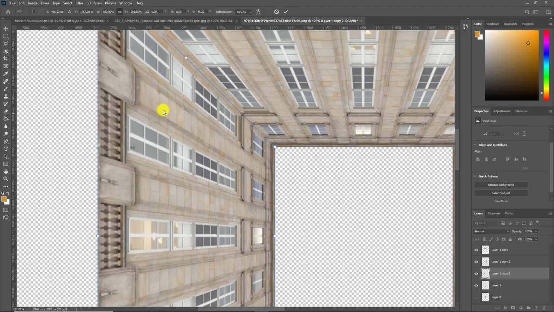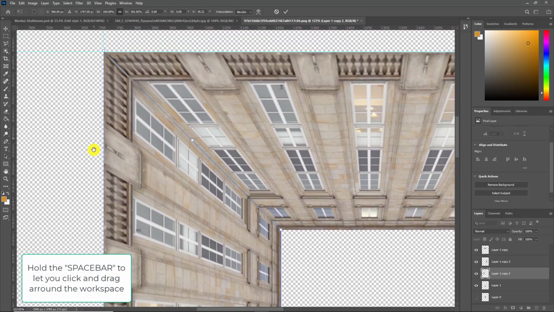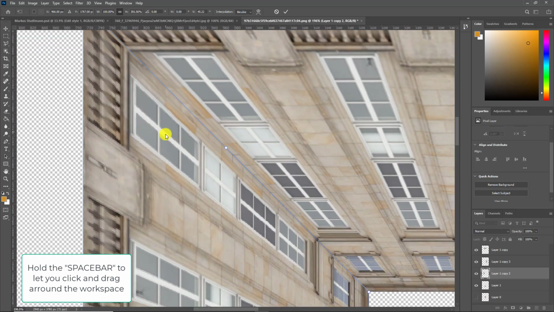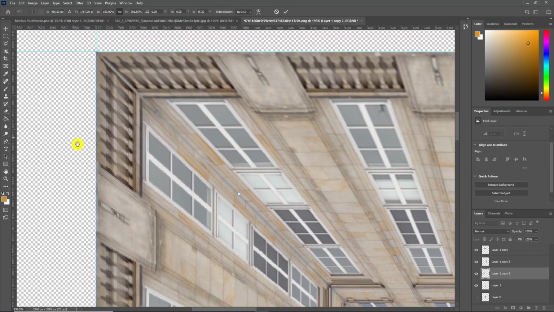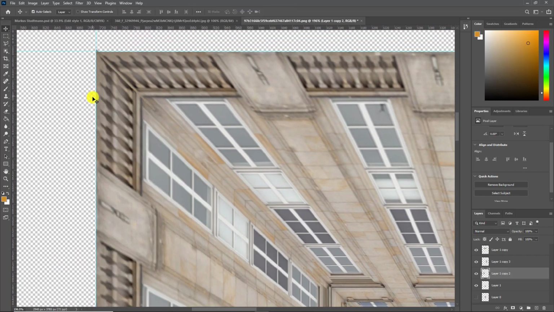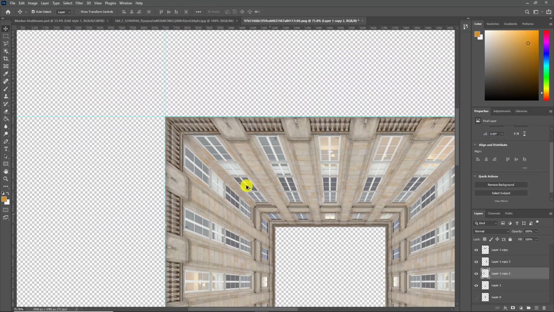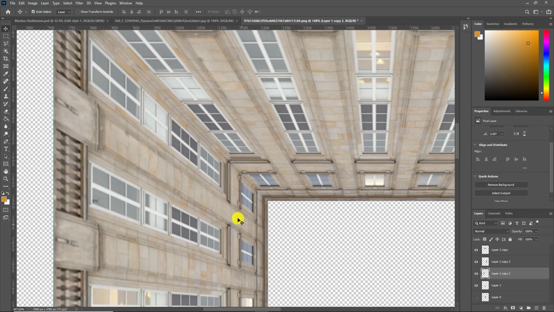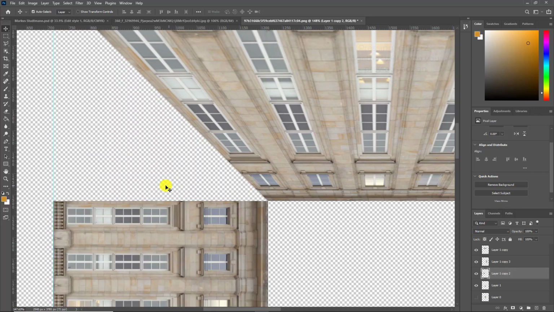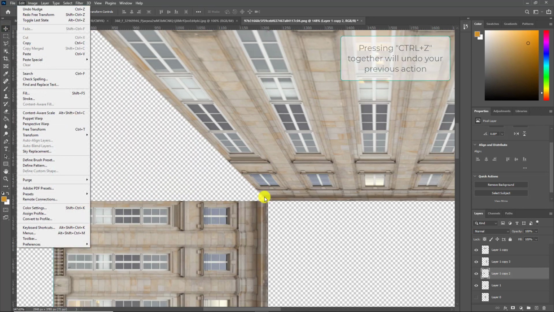Zoom in, holding the Alt key and scroll wheel. If I hold the space bar, I can click and drag. It looks like it might be lined up. Going to hit enter. It's not too bad. I think I'm going to cut and crop this image slightly at that corner. I'd rather this work though. So I'm going to go Control Z to go back and try that again because I don't like what's happening